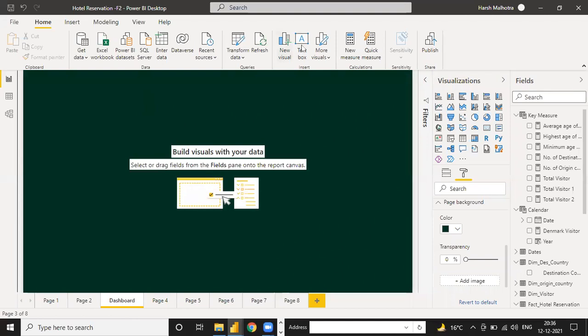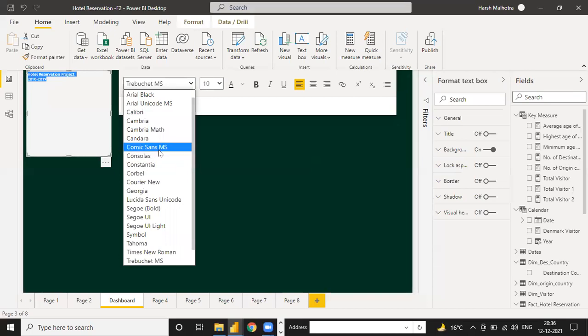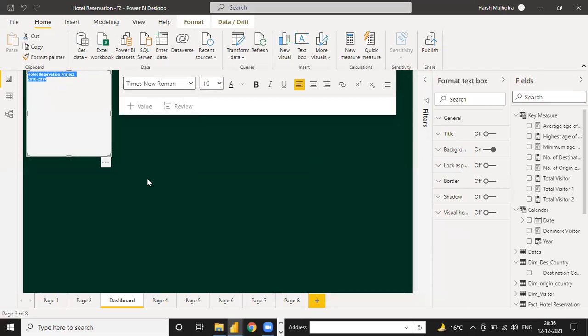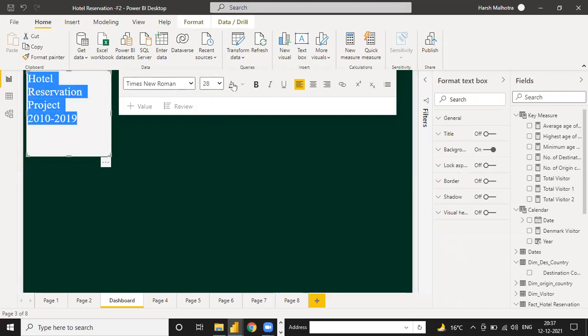And now you have to make the heading of the project. So this project is for hotel reservation project, 2010 to 2019. It's a 10 years project. So you can select all this, change the size, color, font, Times New Roman. Size always select 24 or 28, not more than that.